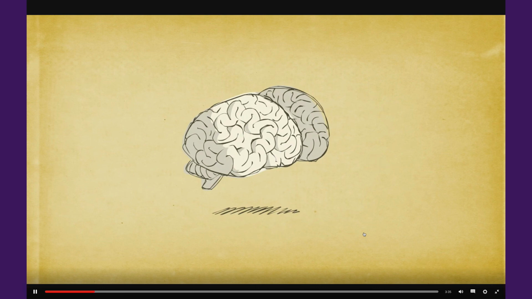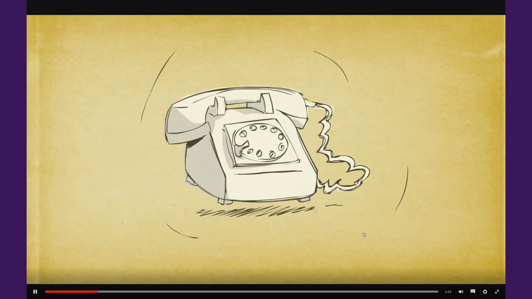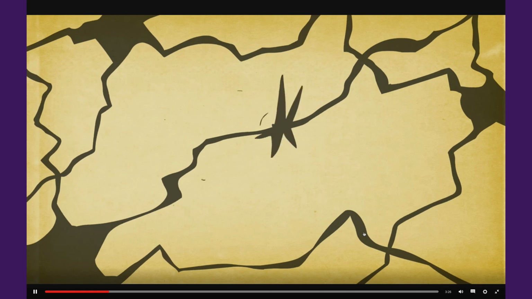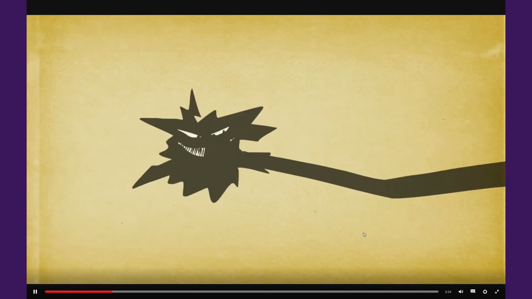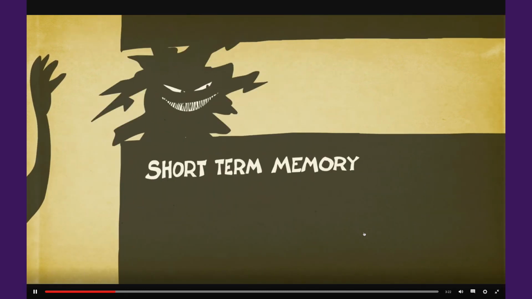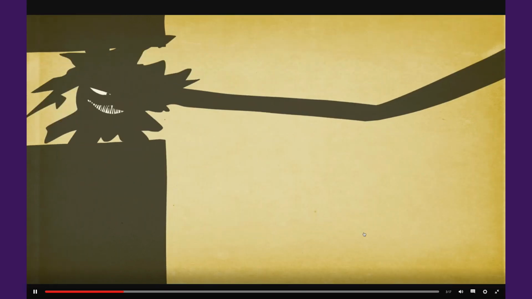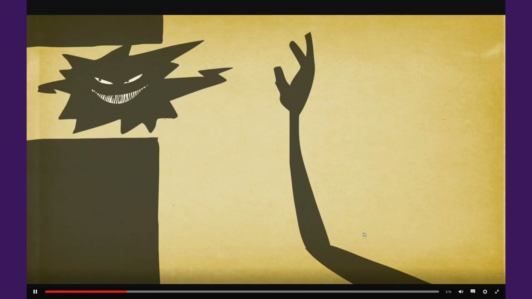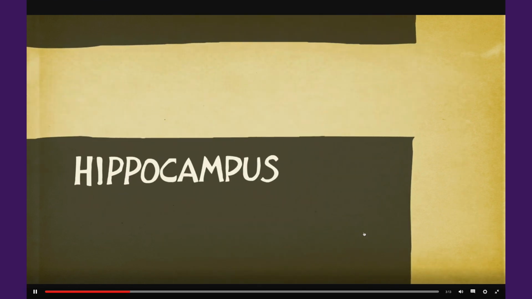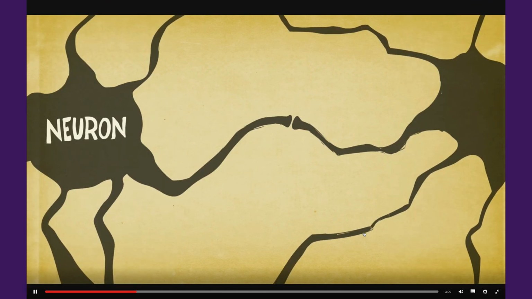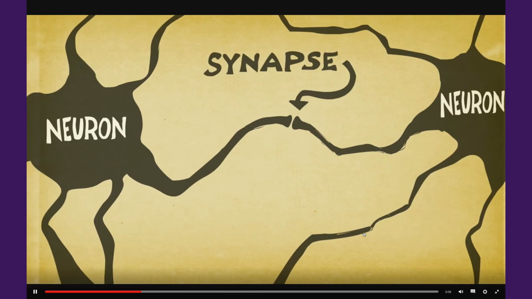When you experience something, like dialing a phone number, the experience is converted into a pulse of electrical energy that zips along a network of neurons. Information first lands in short-term memory, where it's available from anywhere from a few seconds to a couple of minutes. It's then transferred to long-term memory through areas such as the hippocampus and finally to several storage regions across the brain. Neurons throughout the brain communicate at dedicated sites called synapses using specialized neurotransmitters.